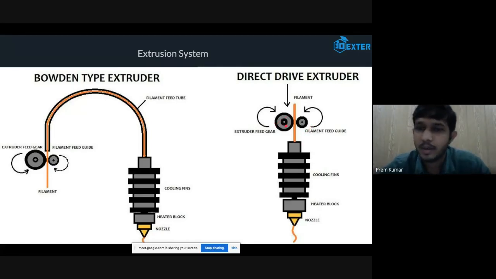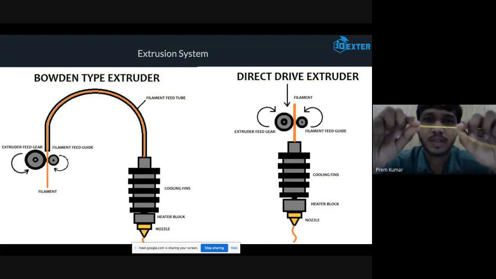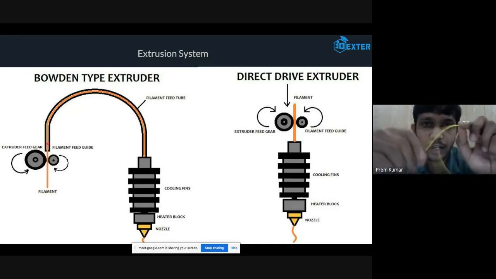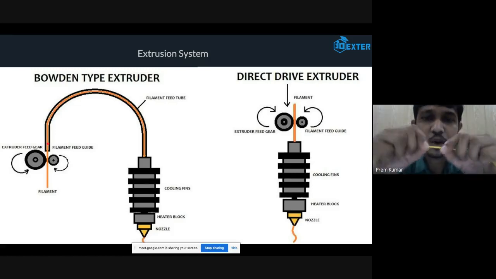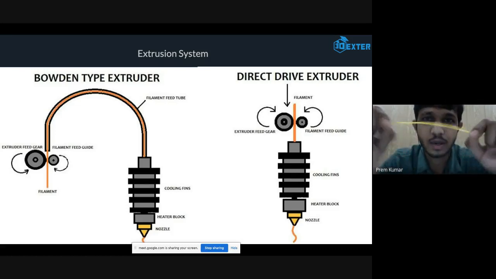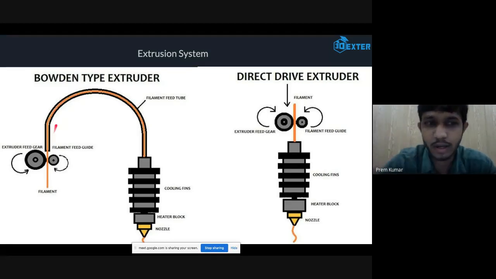And just an extension to the previous question someone asked about materials. There are some flexible materials that can be printed, where the materials will be rubbery. Look at PLA, which is not that flexible. You can actually flex it like this, but it is not a spring type of thing. It is solid. So this kind of material can be easily printed on a Bowden type.